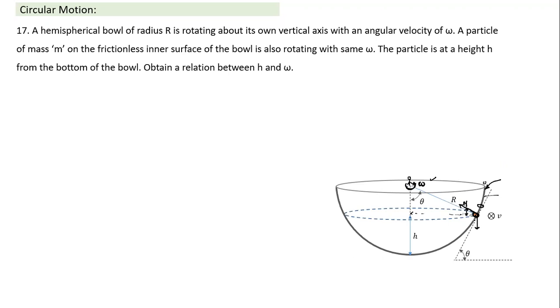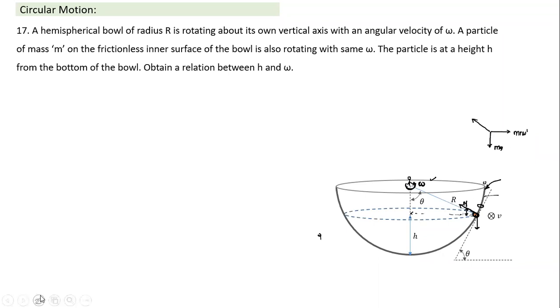So if I look from that perspective, in that frame of reference, this small bead will appear to be in a state of equilibrium. In that case, I have to apply pseudo force. mg will be acting downwards, normal reaction will be acting like this, and pseudo force m r omega square will act. And all three put together have to give a net force of 0. So whichever way you can analyze, either from the normal ground frame, and if I observe from the ground frame, I will see it going in a circular motion, something similar to the conical pendulum.